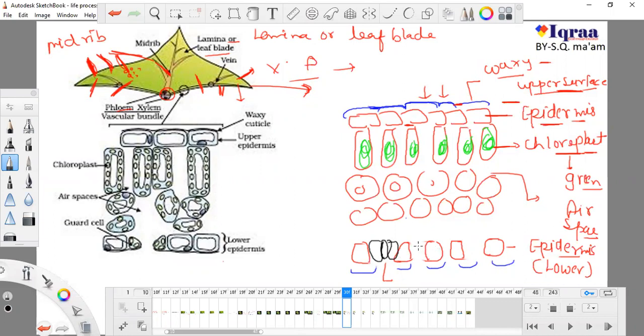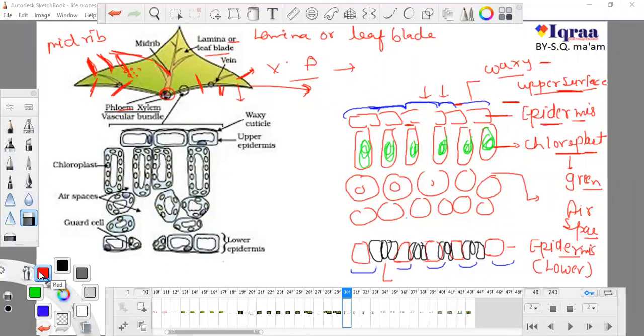For this year. So this is our stomata, and this is our guard cell. This is stomata, and this is guard cell. At this surface there is a very small amount of stomata. At this surface you can hardly see the stomata. In the next class I will tell you why this happens, that this side has very few stomata. Only a very small amount can be found.